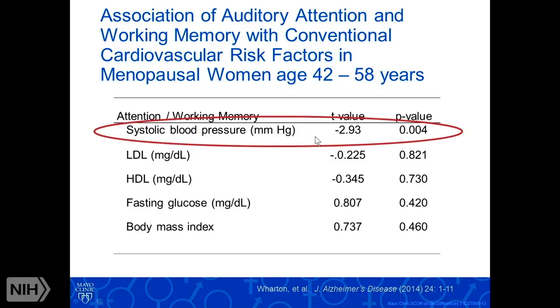Again, within a pretty normative range, indicating that the relationships between some of these peripheral systems and what's going on in the brain need to be paid attention to, and particularly the critical time points within menopause or with individuals with hypertensive pregnancy disorders to be